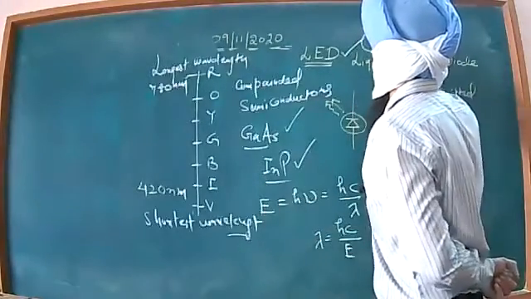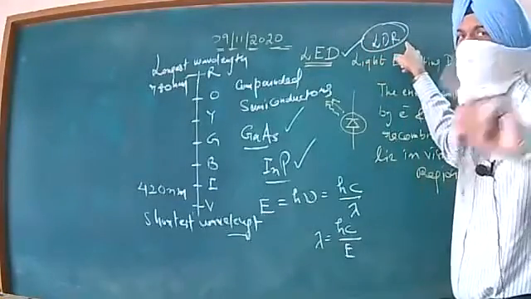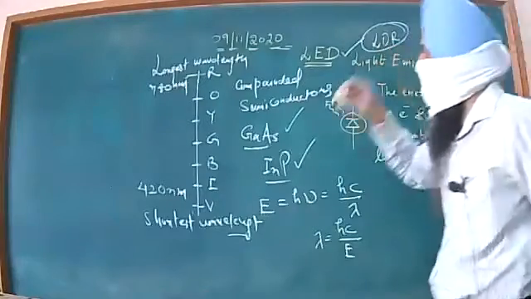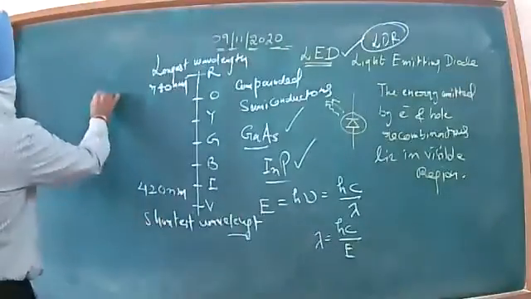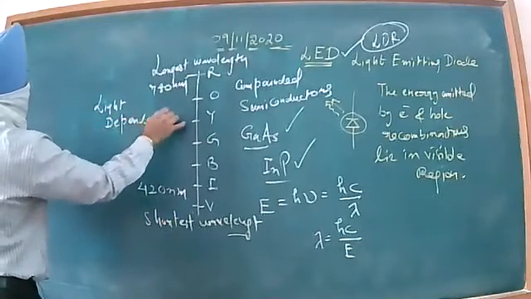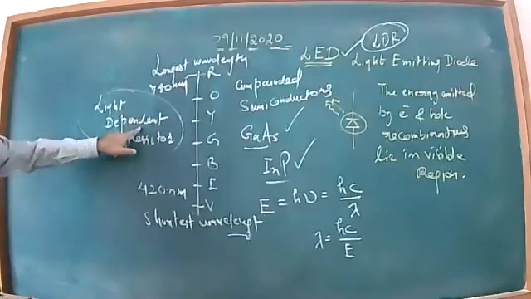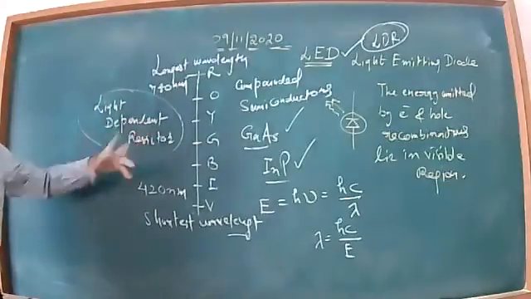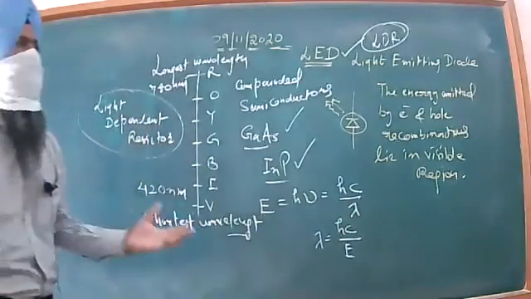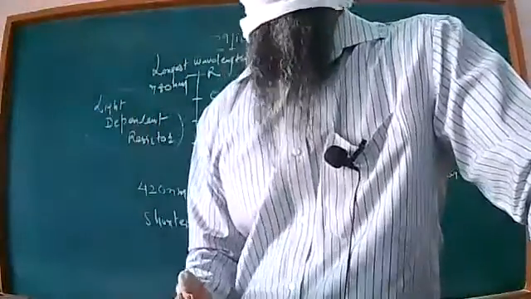LDR. This is just for your knowledge, beta. This is light dependent resistor. In our second unit, we must have discussed something regarding this light dependent resistor, beta. I can write its full form also. Light dependent resistor. So beta, its resistance changes as a function of the amount of the light incident on the resistor, beta. So for some special cases, this LDR is utilized.